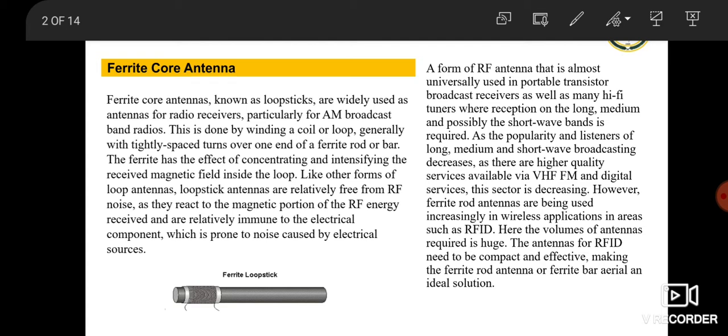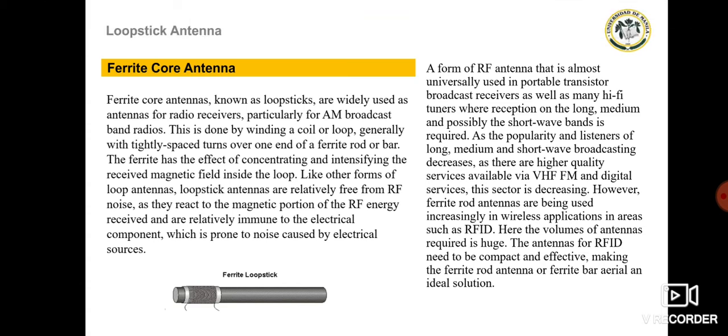Like other forms of loop antennas, loopstick antennas are relatively free from RF noise as they react to the magnetic portion of the RF energy received and are relatively immune to the electrical component, which is prone to noise caused by electrical sources. The ferrite rod aerial or ferrite bar antenna is a form of RF antenna that is